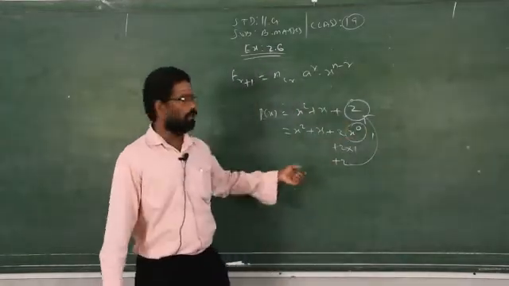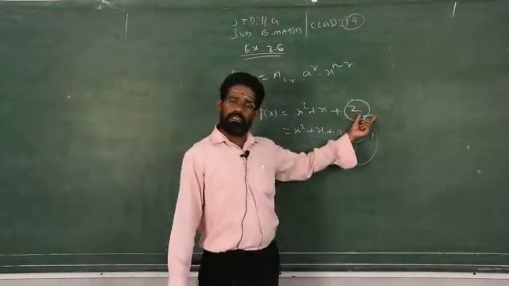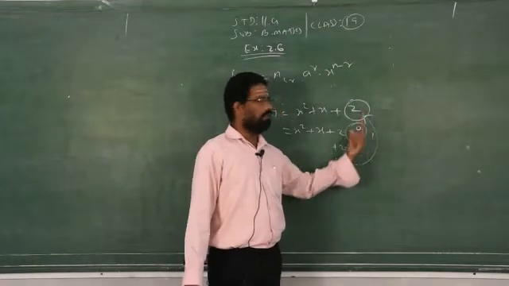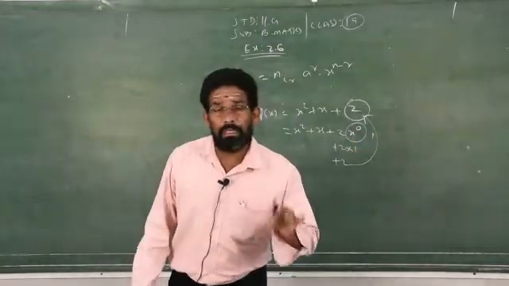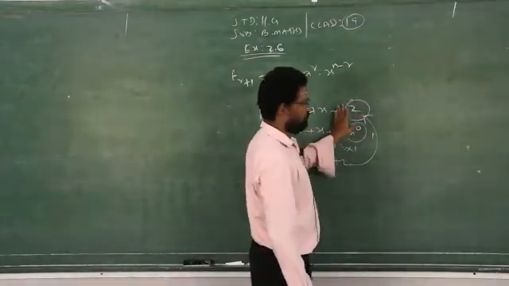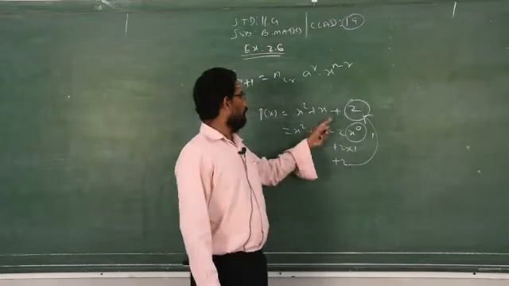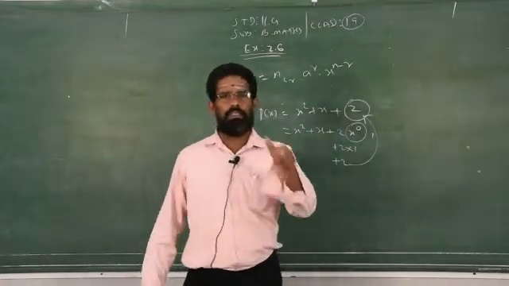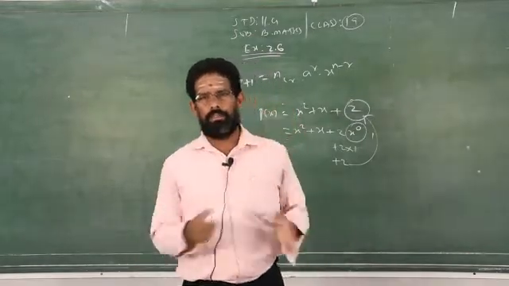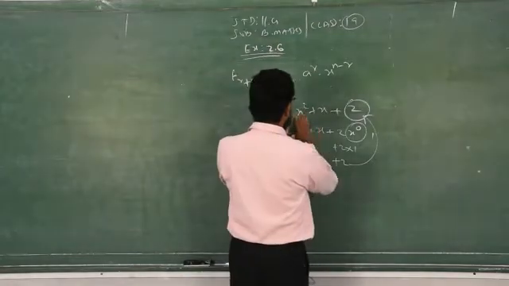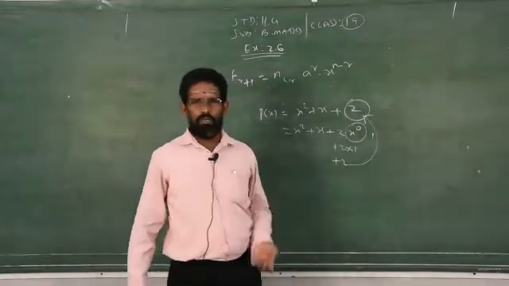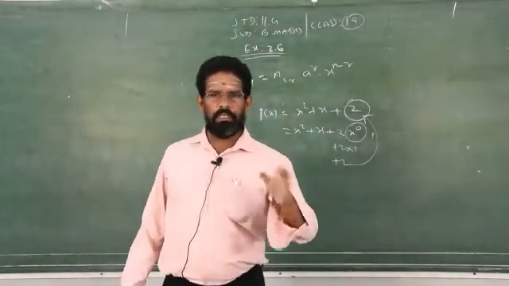Actually, what is the meaning of this? This term also contains the variable x, but the power of x is 0. Anything power 0 is 1, therefore 2 into 1 is 2, so we write straight away the constant. Constant is nothing but the independent term. Why is it called independent? Because it is independent of x, there is no x. Constant terms or independent terms, both are the same concept. Clear? So the term independent of these two variables is 2, also known as the constant.